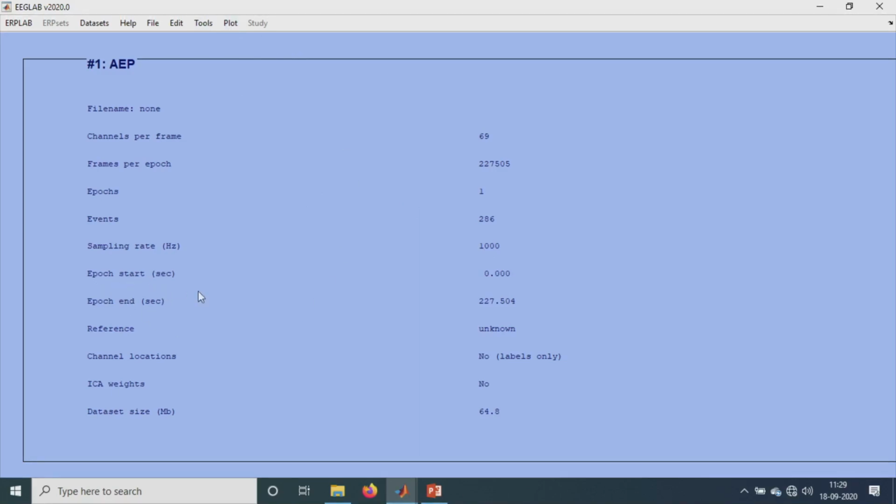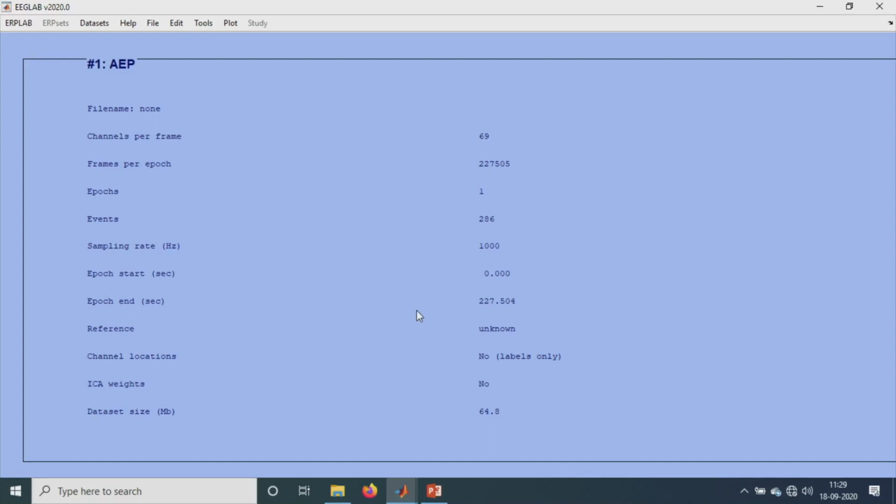Here we have the start and end time, from 0 to 27 seconds. This is the total time length of the experiment we conducted, and then the data size and everything. We can give the channel locations externally, or sometimes EEGLAB itself has the channel locations inside the file.